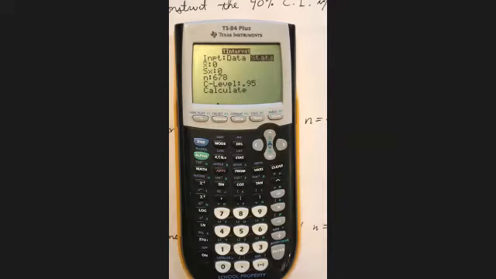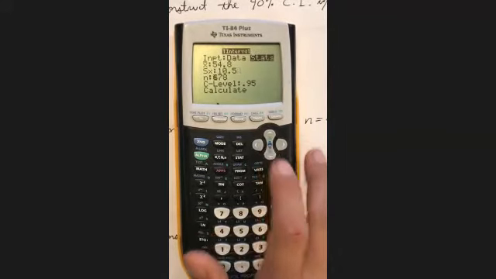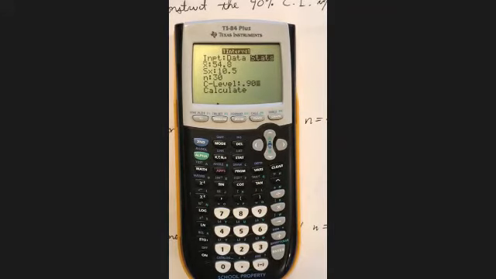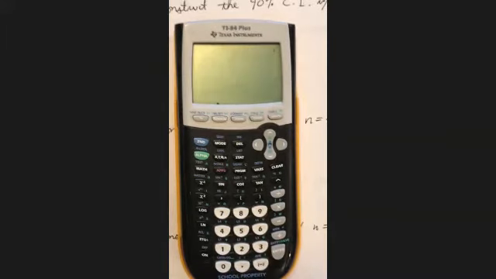That will bring up a menu system, and it'll ask us for all the statistics that we know. They ask us for the sample mean, which was 54.8. They ask us for the sample standard deviation, which is 10.5. They ask us for the sample size, which in this first part was just 30. And they ask us for the confidence level, which we put in decimal form as 0.90. So you put in all the data, go down to calculate, hit enter,